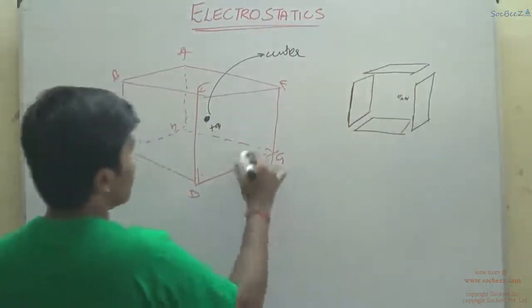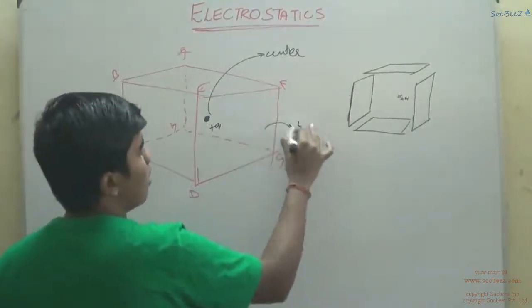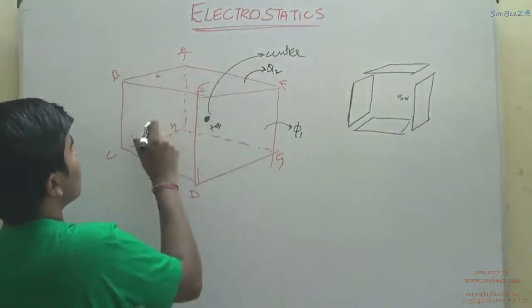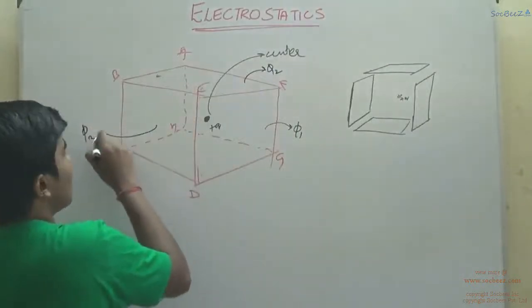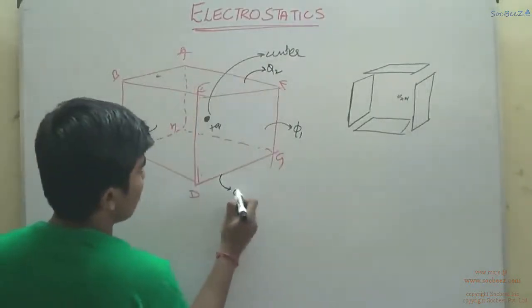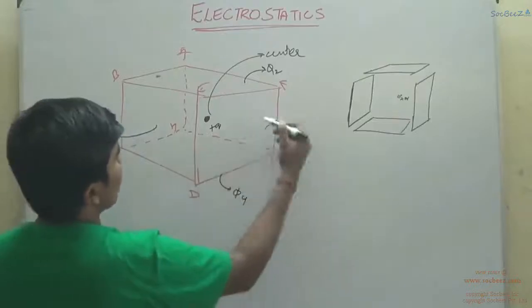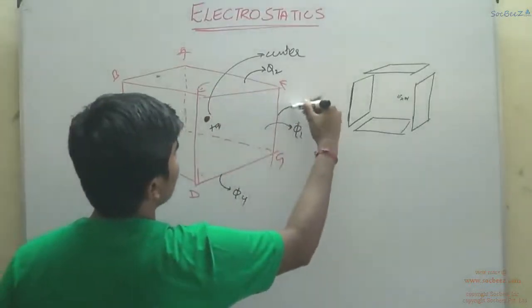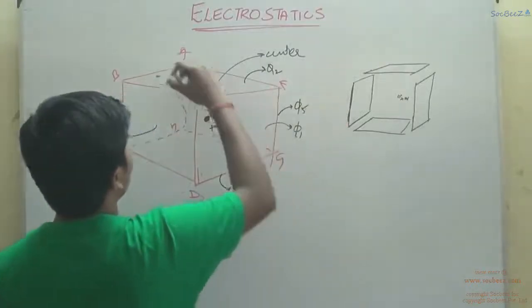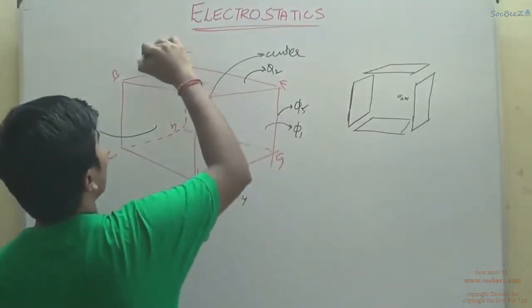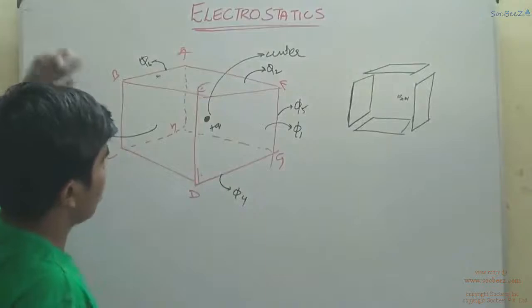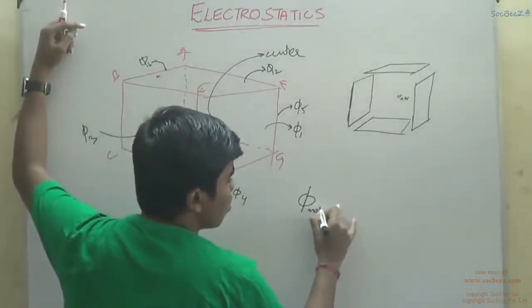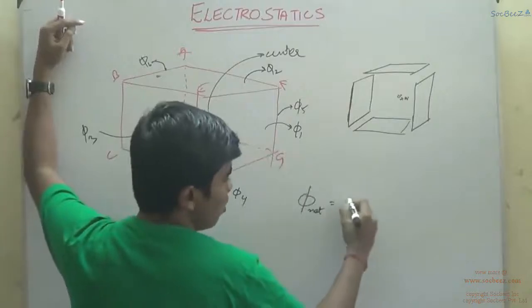Suppose the flux through this face is phi 1, the flux through this face is phi 2, the flux through this surface is phi 3, the flux through the downward surface is phi 4, the flux through the backward one is phi 5, and the flux through this backward one is phi 6. So by superposition, what do we say? The net flux through the cube is equal to